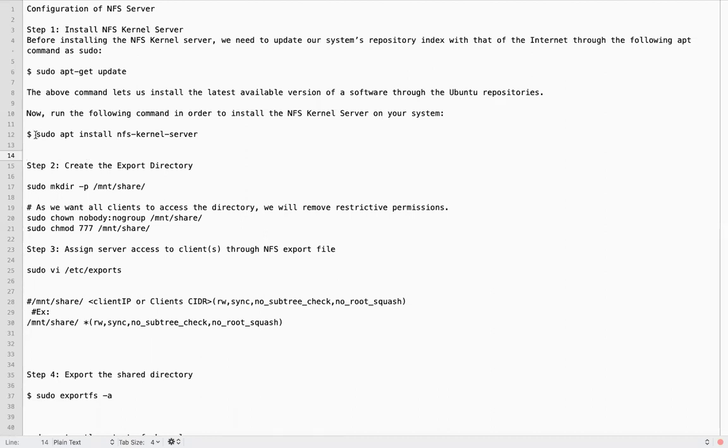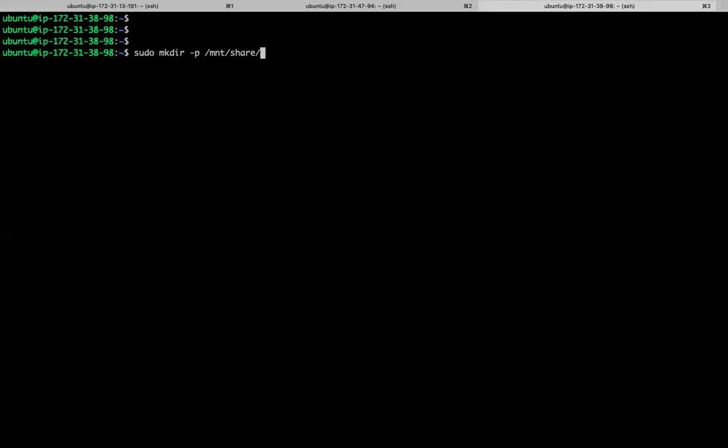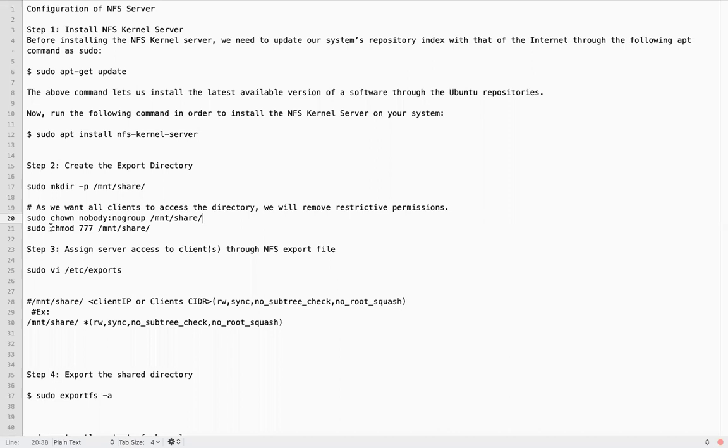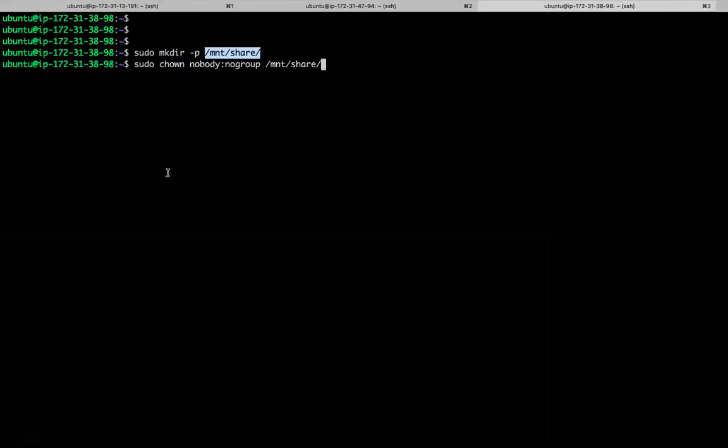So first, what I have done, I have installed the NFS server software. I am trying to create one directory. This directory is my NFS shared directory. So let me create one directory. In this NFS server, I am creating one directory, something like this. Since there is no owner, there is no group, this will be accessed, this will be mounted by the clients, NFS clients.